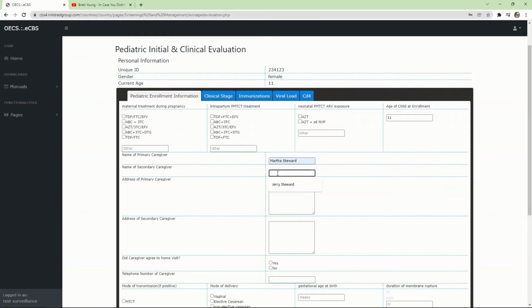The name of secondary caregiver, we'll put any name, the name of her dad. So let's say her parents are primary and secondary. The address of the caregiver, so let's say they live at Success Street. The address of secondary caregiver, we'll say he lives somewhere different. He lives at